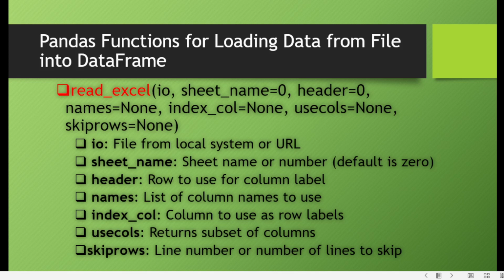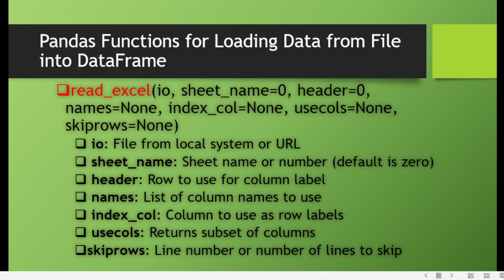The default is 0. header: row to use for column labels. Sometimes you can select a row in the data set that will be used as labels for the columns. names: list of column names to use.